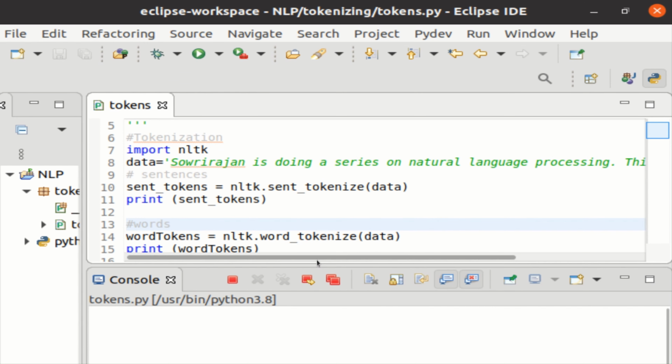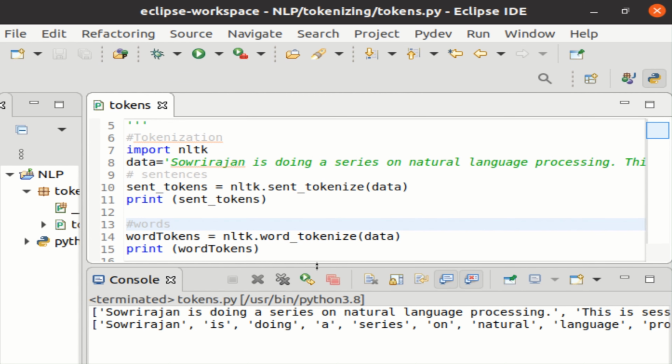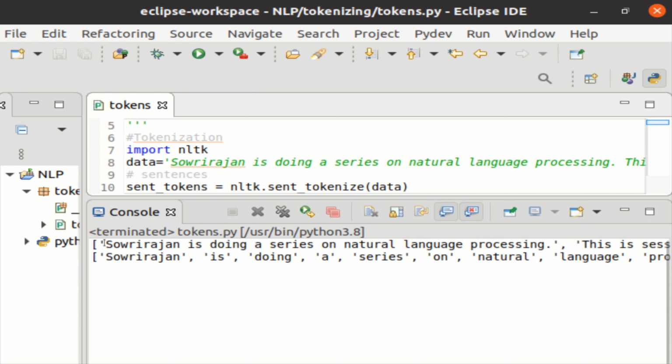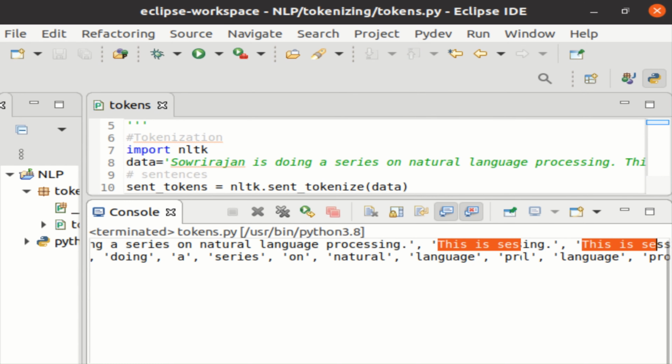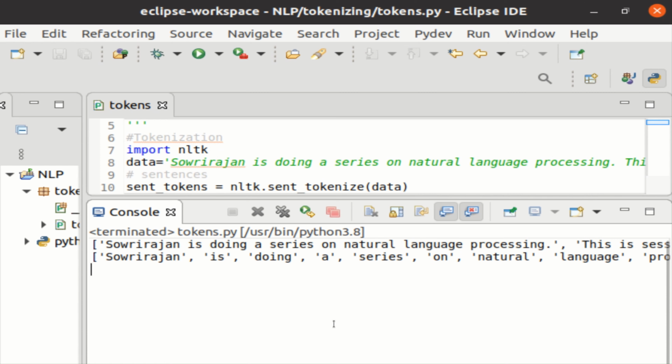You will see below that you have received the output. Sentence 1 returned as token 1, sentence 2 returned as the next token. Similarly, in the use of the word tokenizer, you see that every word has been returned as an individual token.